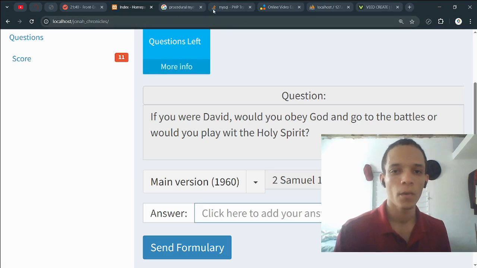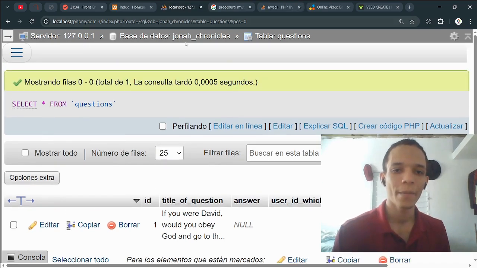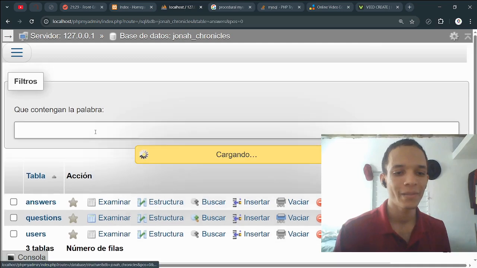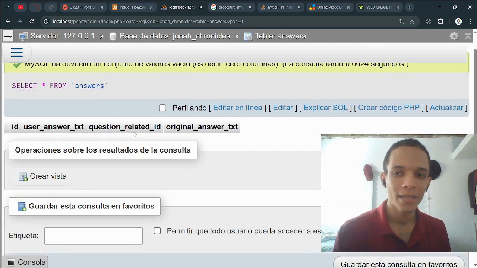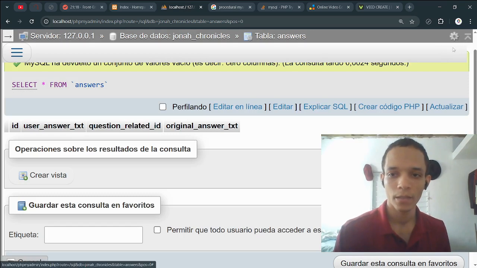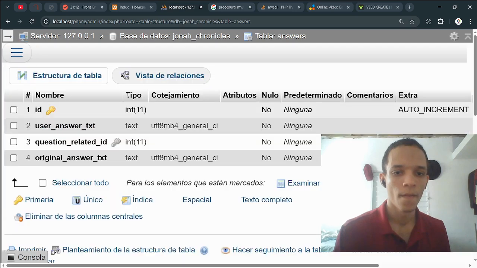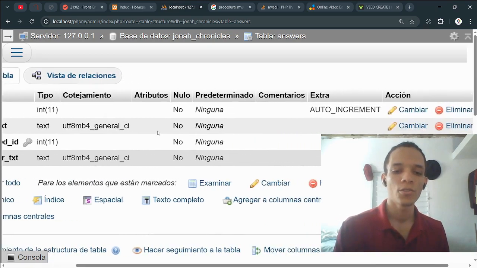Let's go here to the PHP MyAdmin, and in here, actually the table is created. I was not in need to do the sketch of this. So let's see the structure of this here. And you can see, for example, question related and user answer and original answer. Okay, let's just add